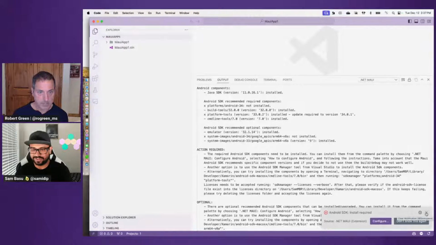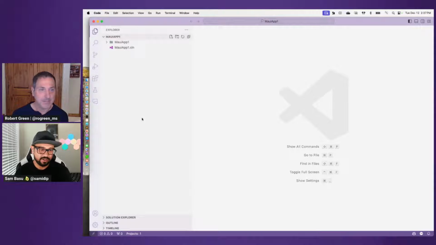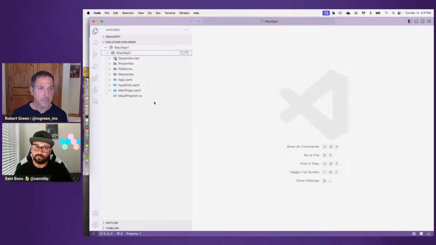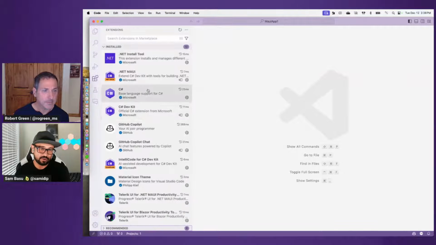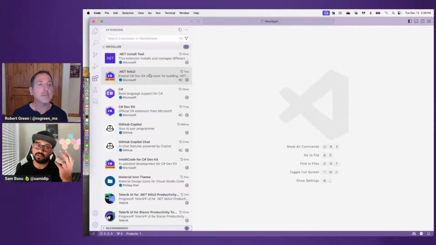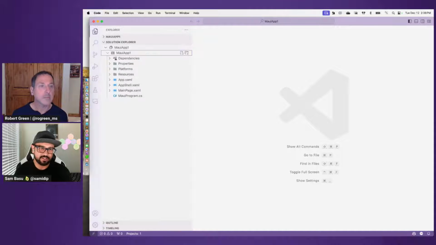It's saying, hey, your Android SDK is a little out of date. That's fine. You can see terminal and everything else is right down here. So you actually do get a Solution Explorer, kind of similar to what you get in Visual Studio, right inside of VS Code here. So your app looks exactly like what you'd expect, if you have the dev kit extension, of course. Right. So if you look at my extensions here, I got some ones that I highly recommend, and that is, of course, the C# Dev Kit, the C#, the .NET MAUI Dev Kit. I got some extra ones for the Telerik extensions that I use. Material icon theme, I highly recommend this. Makes your files look nicer. So get the things that you need.